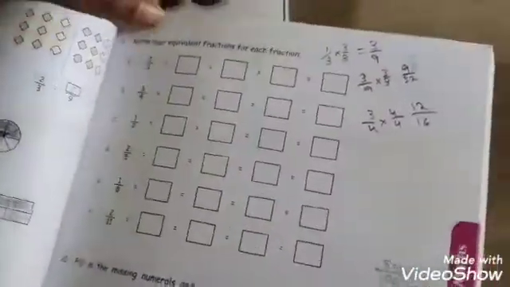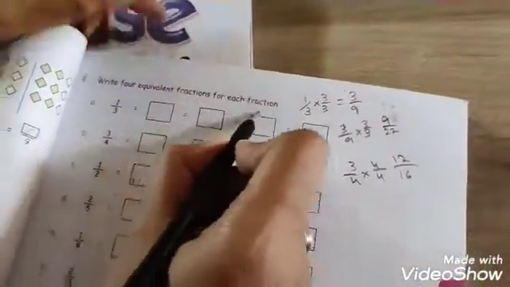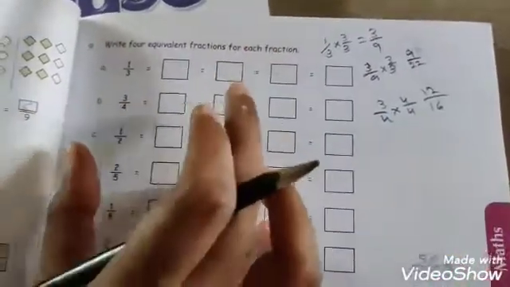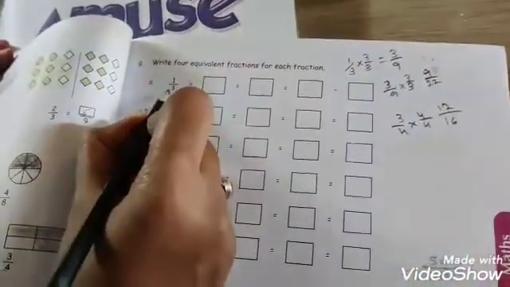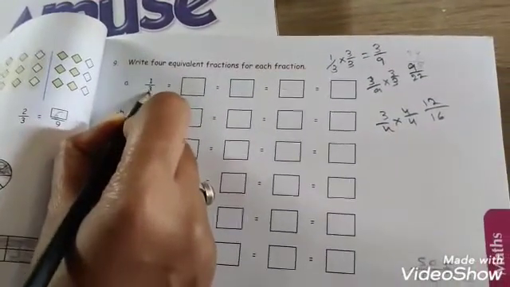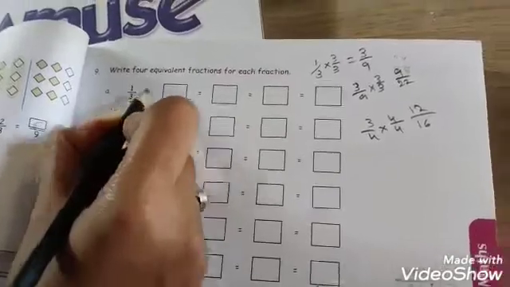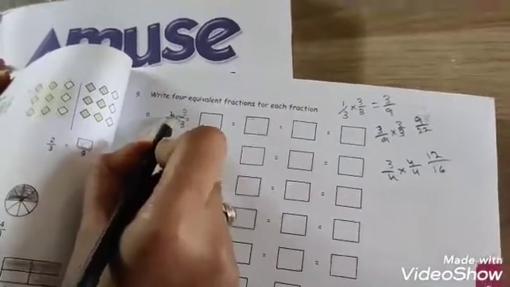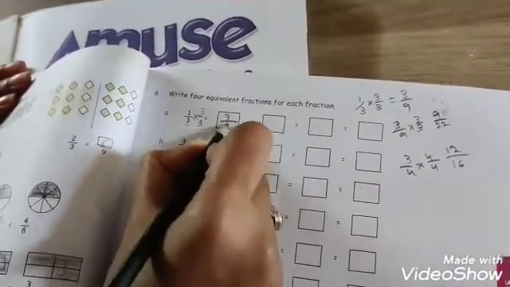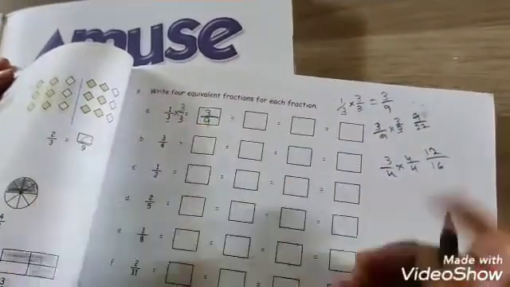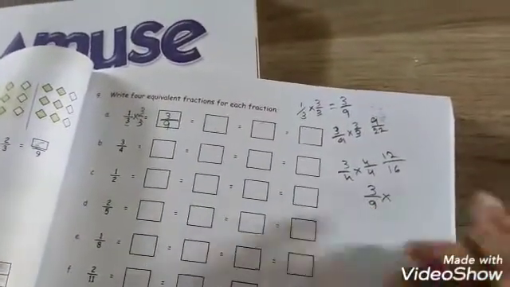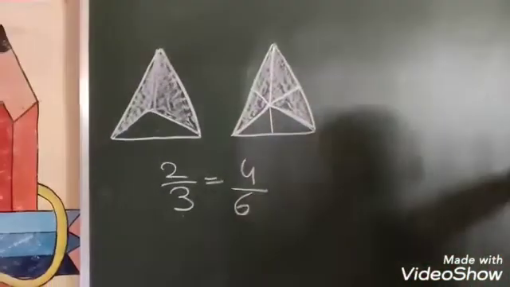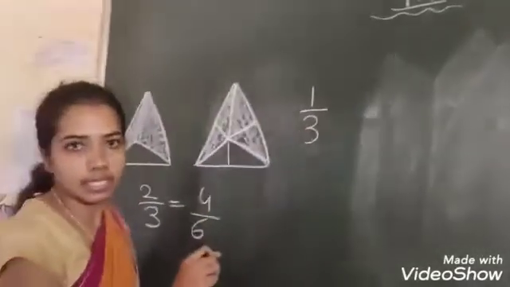Okay. Here see, write the 4 equivalent fractions of each fraction they are asking. If they are telling each fraction, it means you have to multiply by the 3 table. Here the denominator is 3, no? You have to multiply with the denominator, 3 by 3, same. Cross multiplication. 3 1s are 3. 3 3s are 9. Next equivalent fraction is 3 by 9. See, I will explain here only. They are telling to write the equivalent fractions. They had given the 1 by 3.